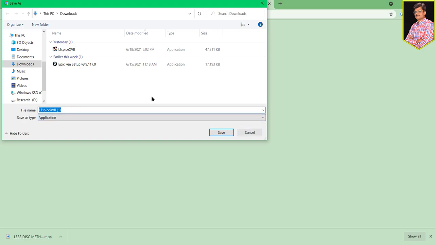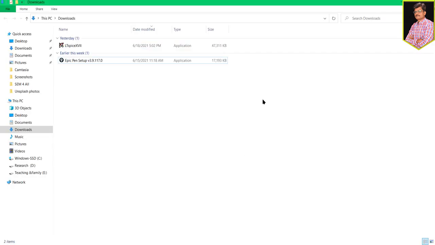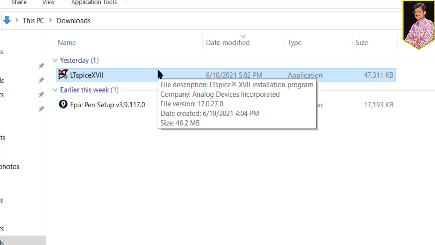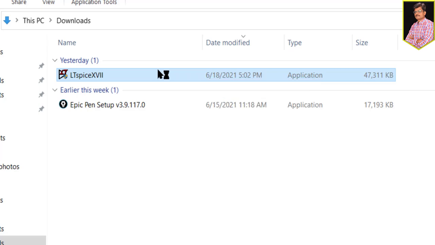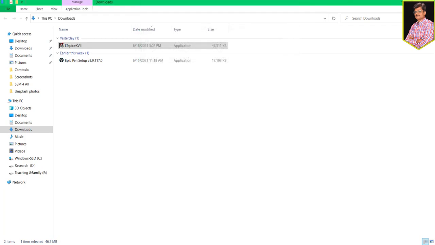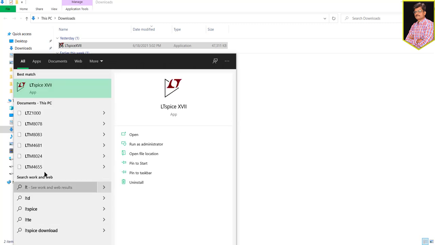Okay, so once you download it, it will have that type of icon, which is 46.2 MB in size. You click on it and then install it. Already I have installed it, so there is no problem, and I will directly open it now and show you how that interface would look like.